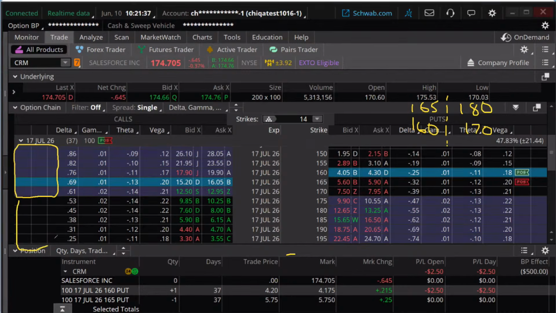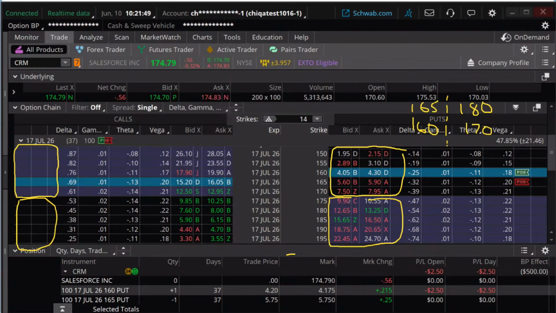This is just black, and this is kind of this grayer-ish color there. Notice it's reversed right here. That represents the difference between in the money and out of the money on my calls and my puts. These are out of the money on my calls. These are out of the money on my puts, okay? In the money, in the money.